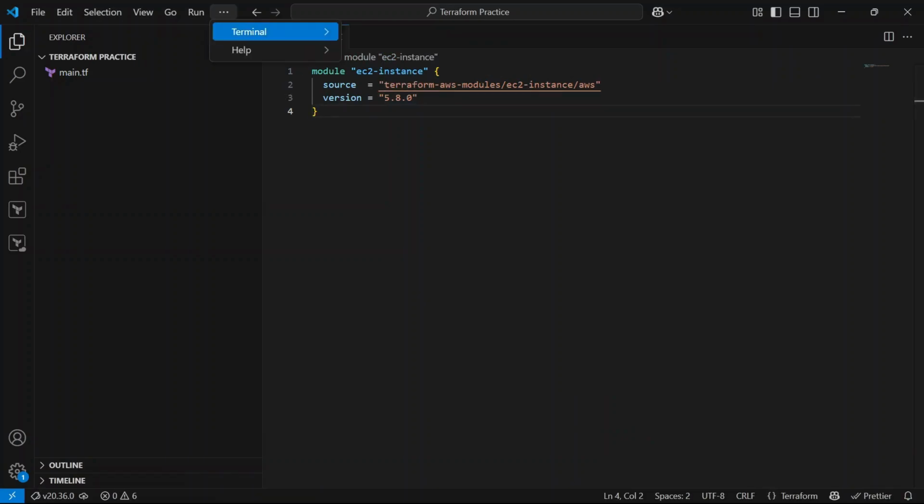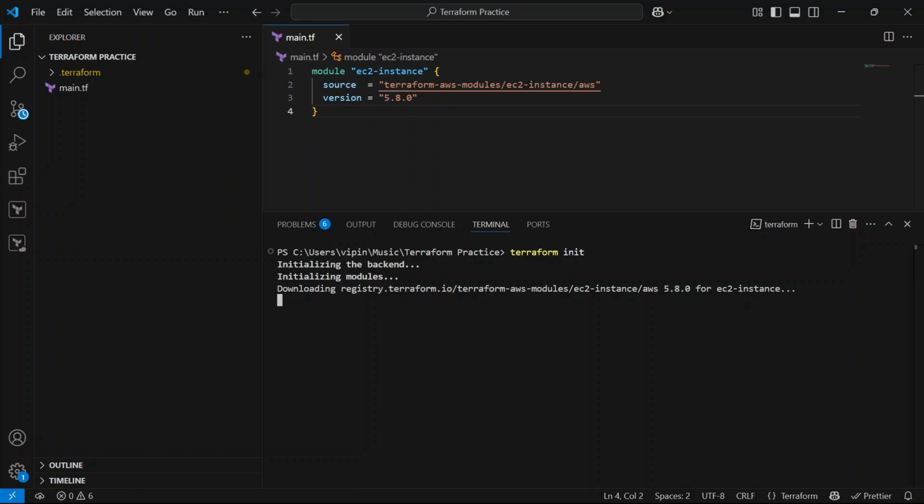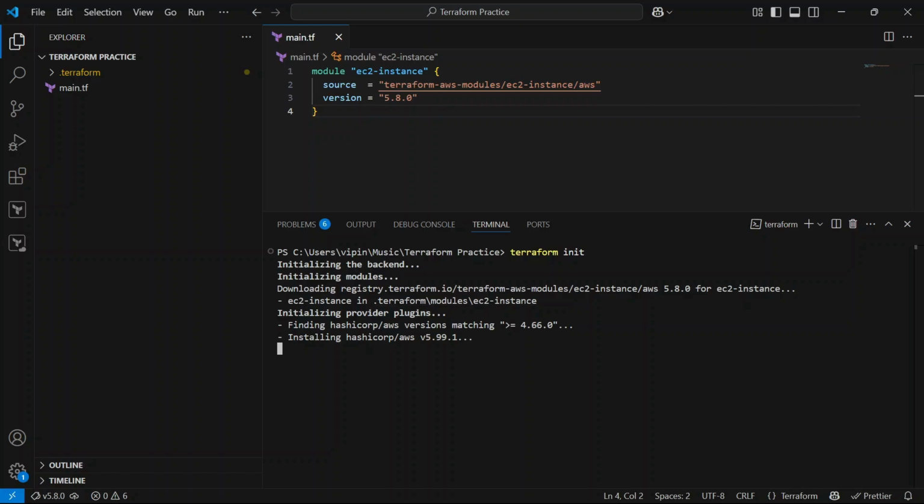Let's open the terminal here. We can now run terraform init. The backend is getting initialized, and it is fetching and downloading the module that we have referred to from the Terraform registry.